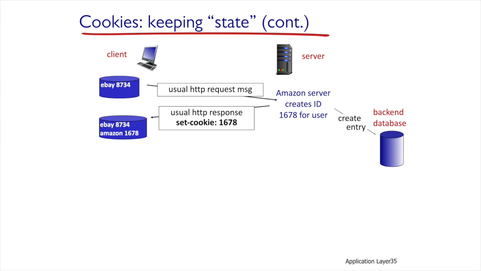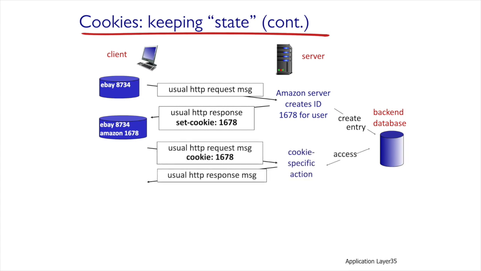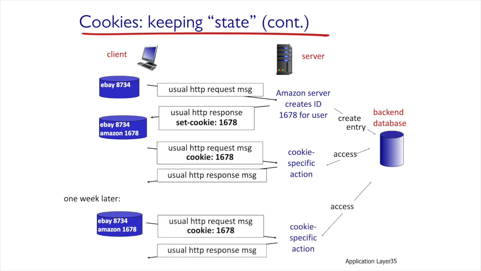The client receives the ID and stores it in a cookie file. In the next request to be sent by the client to the Amazon server, the client will attach the saved ID to the request so that the server can identify it and connect it to previous activity on the server. The server responds with the object designed for that client. Because the cookie is saved in long-term memory, then so long as the file isn't deleted, the client can access the server even after a long time, and the server will still identify the client and serve it according to the identification. The browser is the one managing the cookie database.